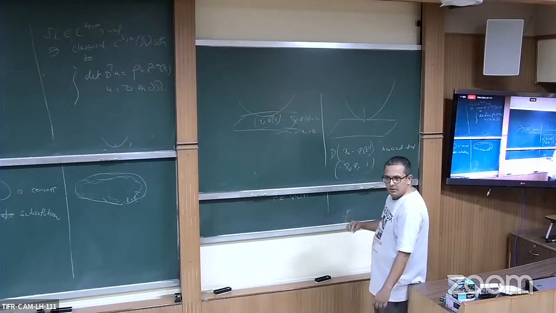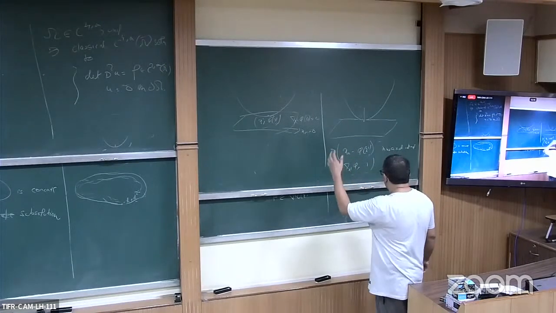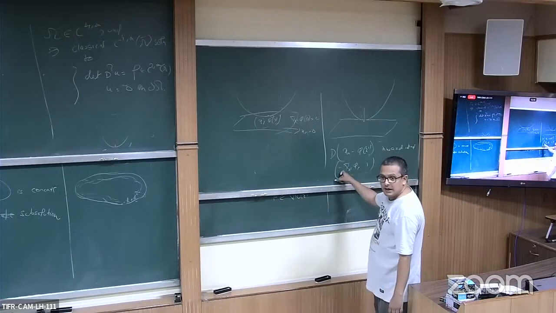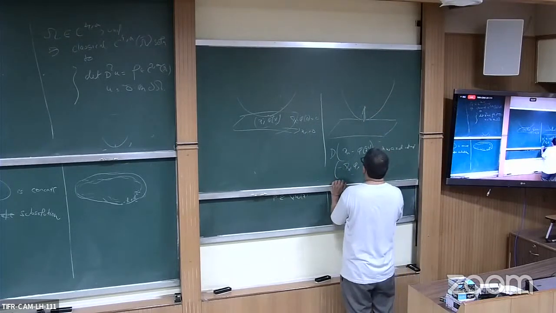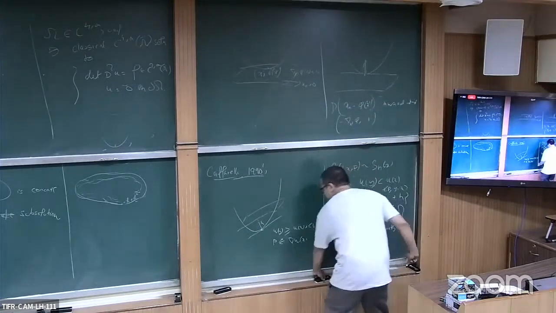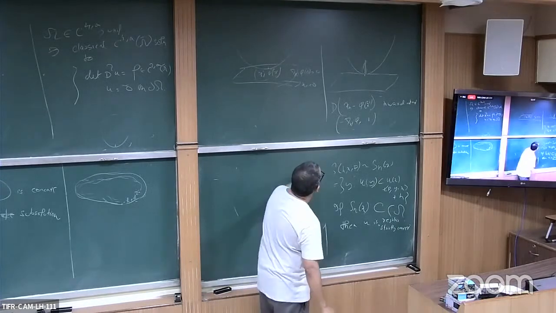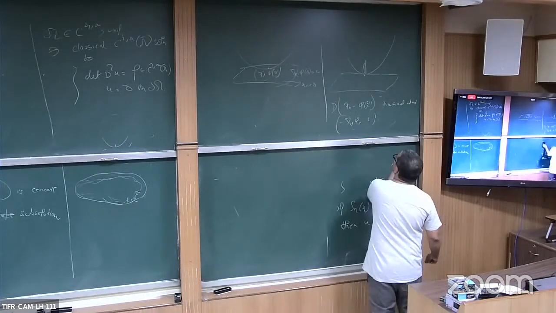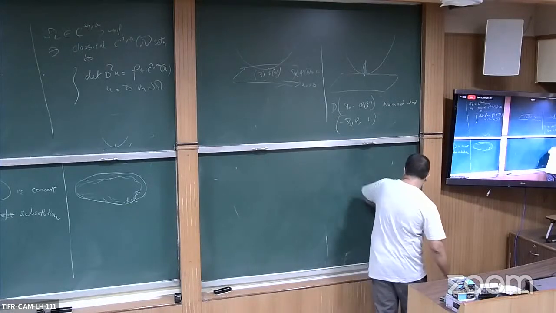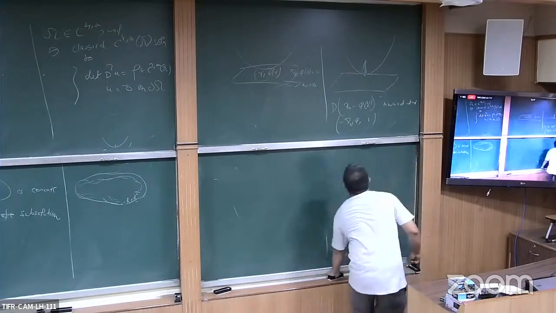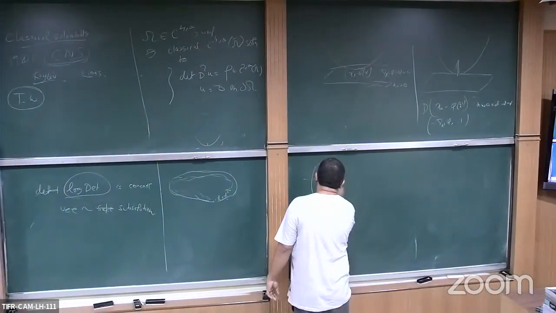So this is the direction of the inward normal, and the outward normal has the opposite direction. So the normalized normal would just be minus the gradient of phi over the square root of